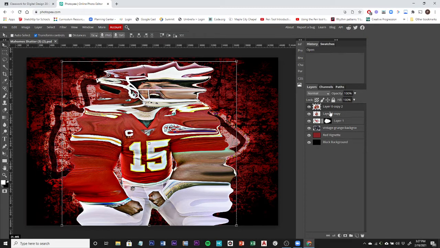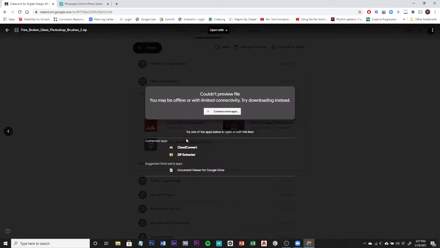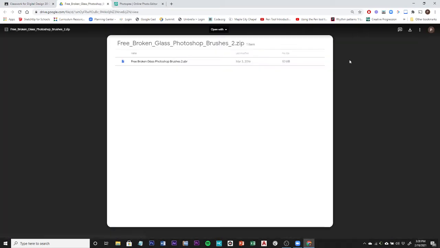So for the remainder of this, you'll need a special brush that's found in the Google Classroom. So go to Google Classroom, look in the Mahomes Shatter project. You'll see a zipped folder file called Free Broken Glass. It's a brush. So when you click on it, you'll just see a preview, which there's nothing to see. So you'll need to open it in a new window. So that option is up here in the right hand corner there. Click Open in New Window, and in this screen you'll have the option to download the file. So you want to click that download button. It's going to download to your computer,